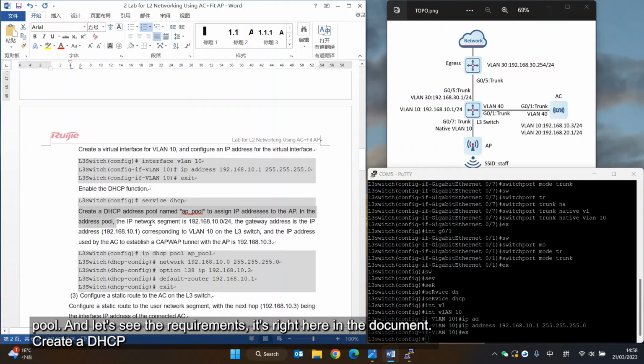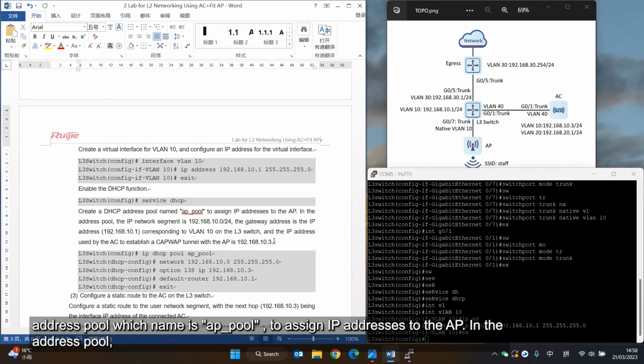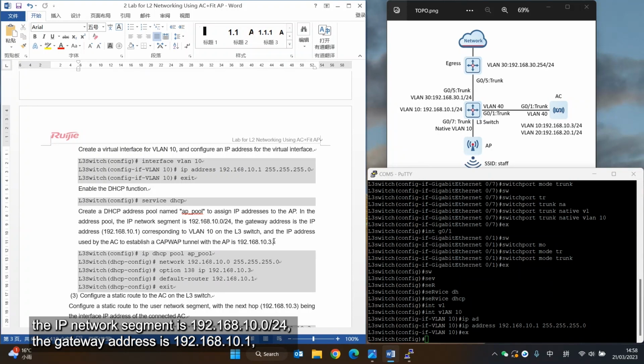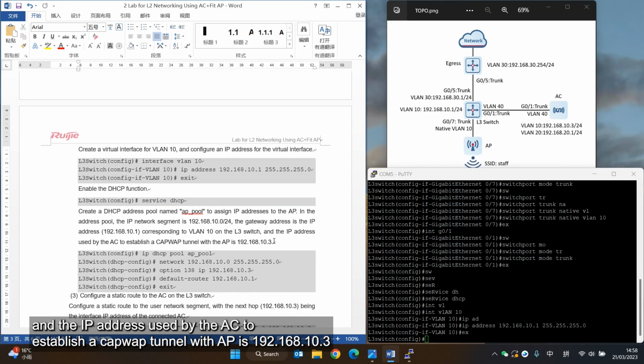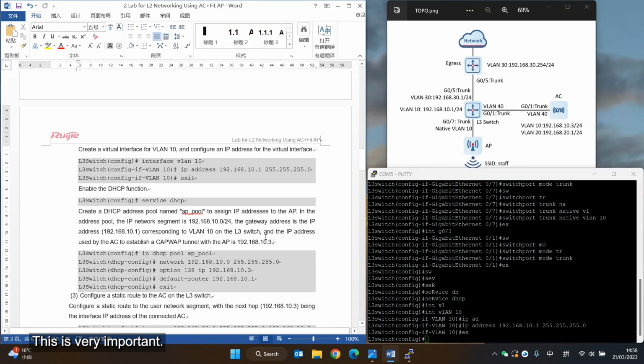And let's see the requirements. It's right here in the document. Create the DHCP address pool, whose name is AP pool, to assign IP addresses to the APs. In the address pool, the network segment is 192.168.10.0, mask length is 24. Gateway is 192.168.10.1. And the IP address used by the AC to establish a CAPWAP tunnel with the AP is 192.168.10.3. This is very important